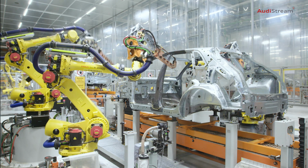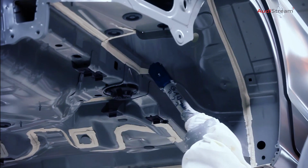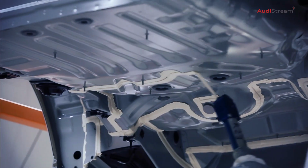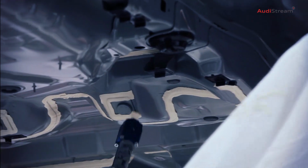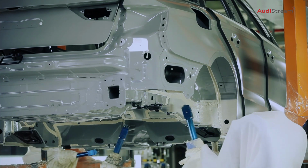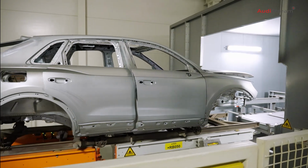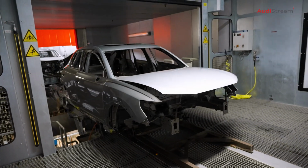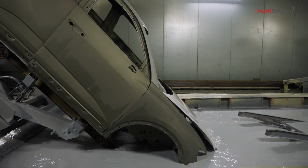paint shop. In our paint shop, the body-in-whites not only get their final, beautiful color, but we also provide them with protection. These processes take place with nearly 100 robots. The coating amount in one vehicle weighs about 12 kilograms, and the overall thickness of the paint layers is thinner than a human hair. The painting processes last almost 8 hours,